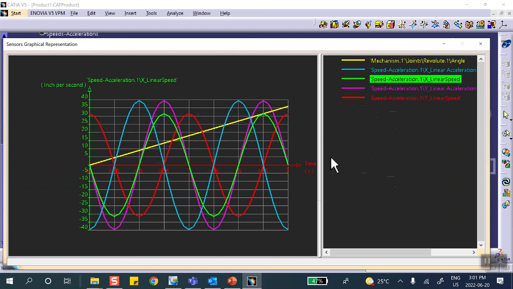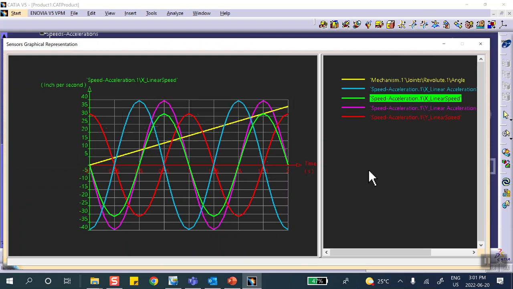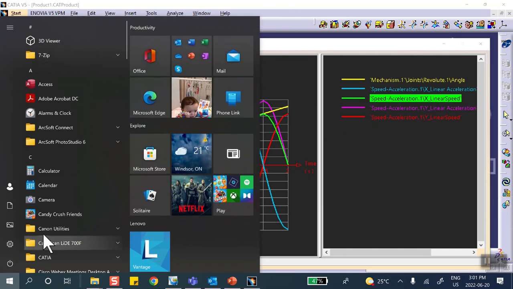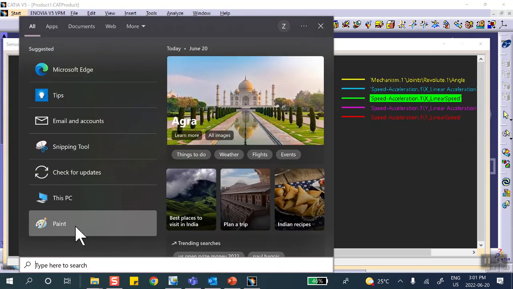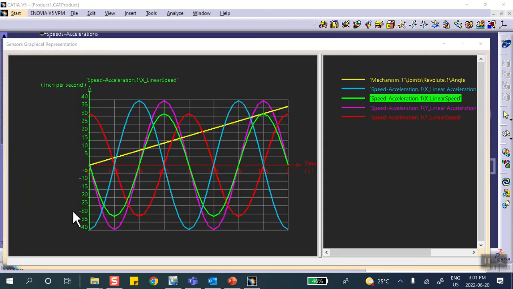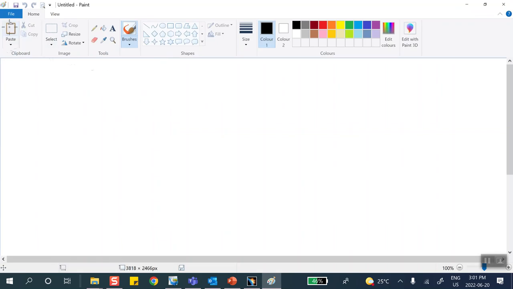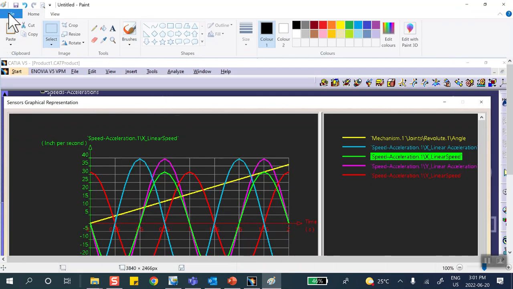Now, I want to show you something else. First of all, by the way, on the final exam, we're going to ask you to generate some graphs. And because once you log out of CATIA this is all going to be lost, I'm going to ask you to print screen this, go to Paint, paste there, File, Save As,